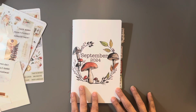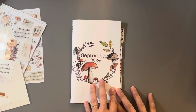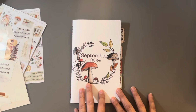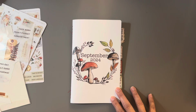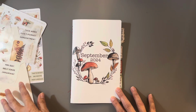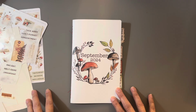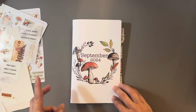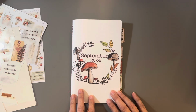Now I'm going to decorate and set up my dashboard, which is just a fancy word for the first page of my insert. I like having it look pretty and inviting, capturing the mood of the season with all these pretty decorations. And then I'll decorate what Jenny from Planner Perfect calls the goal pages,